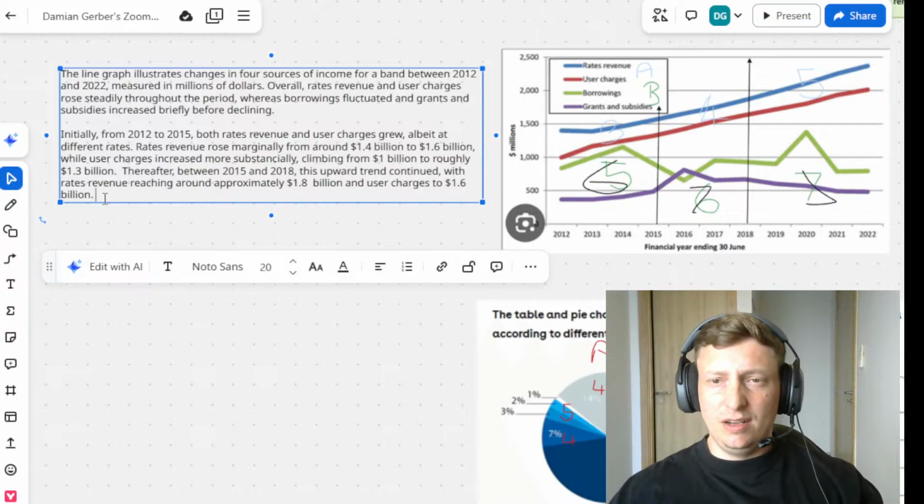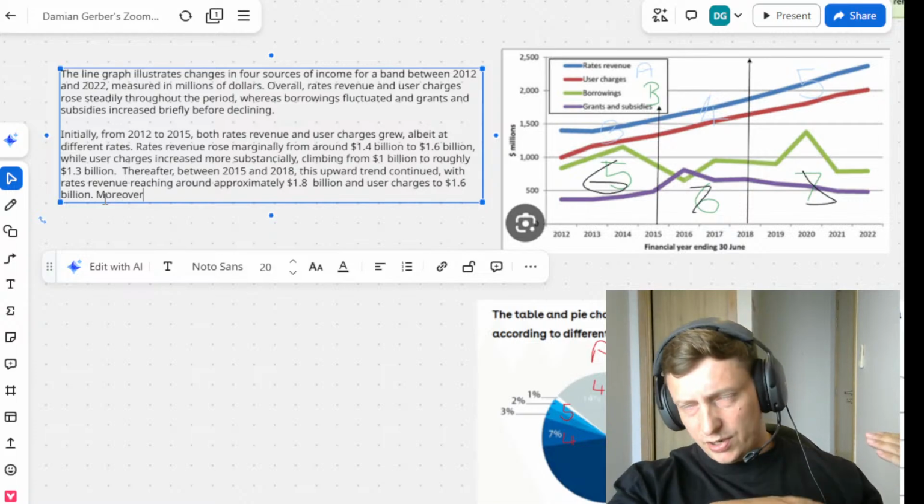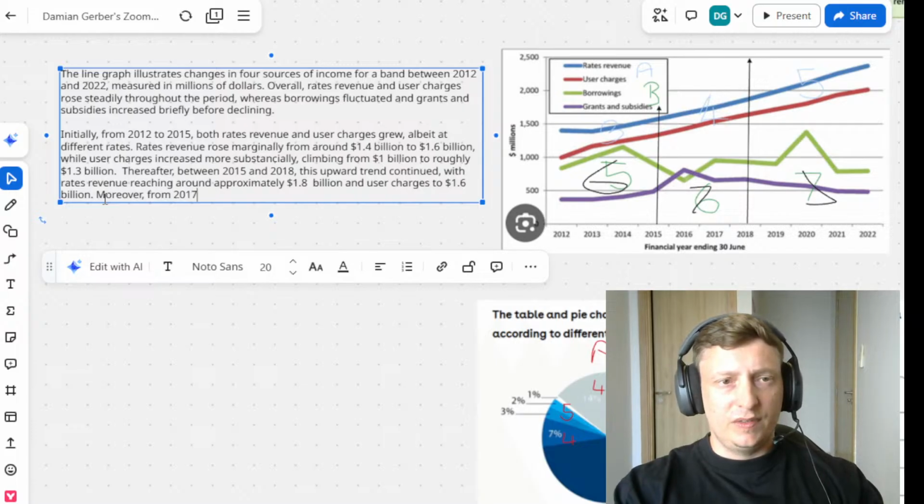Point 5, again, is much of the same. So we want to use another linking word. You can use another time linking word, such as subsequently. I'm going to go with moreover, because the trend is going up and still going up and up and up. Moreover, put the years again. And again, if I were writing band 8.5 or 9, I would use a different approach, but as I mentioned, most people are not looking to get this band, so I'm showing you how to do it to roughly about a 7.5.